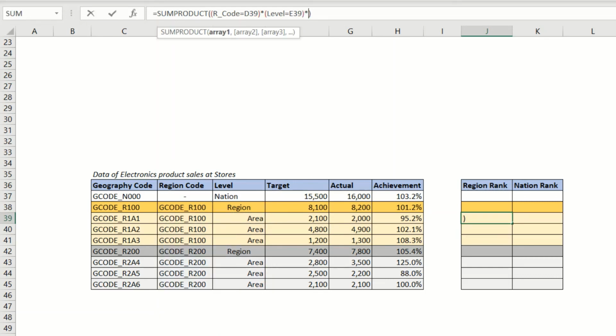and towards the last we can do a comparison of the percentage achievement metric, and we can put this value to be less than achievement. Let me complete the formula and hit enter, and let me also apply this formula to the remaining cells. So I have applied this formula to all these stores, and we can see that the ranks vary from 0 to 2, and we want this to vary from 1 to 3. So I will add a 1 towards the end and also refresh this formula.